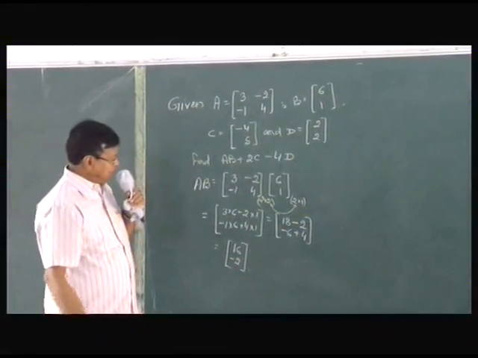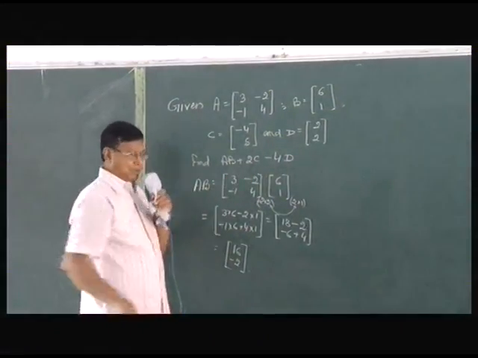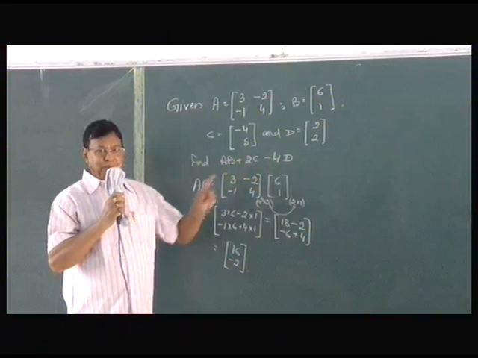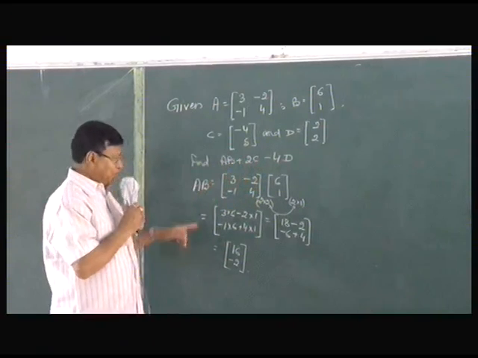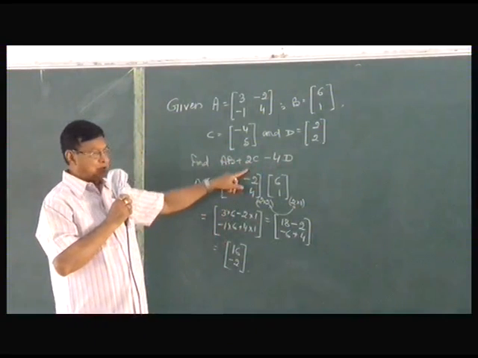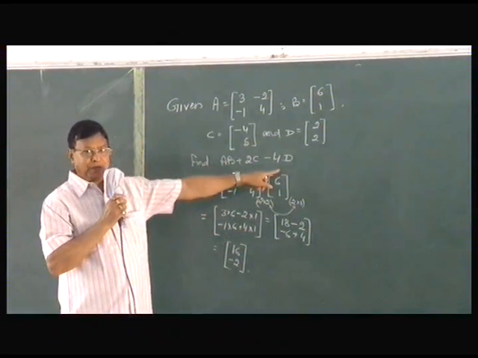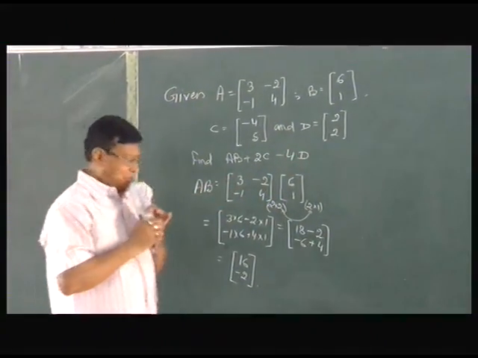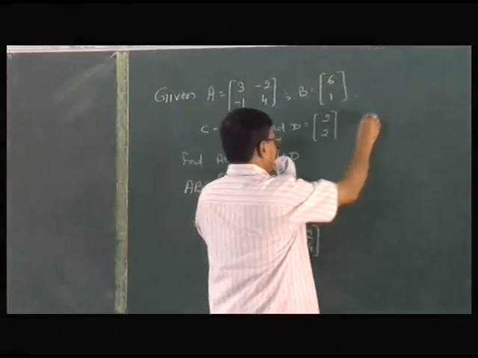As we go further, now we have to find these. Now we can perform addition and subtraction only if the order is the same. So look at the order of AB is 2 by 1, order of C is 2 by 1, order of D is 2 by 1. So they are all like matrices. So we start with this, AB